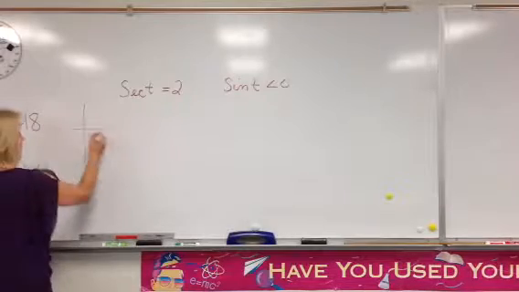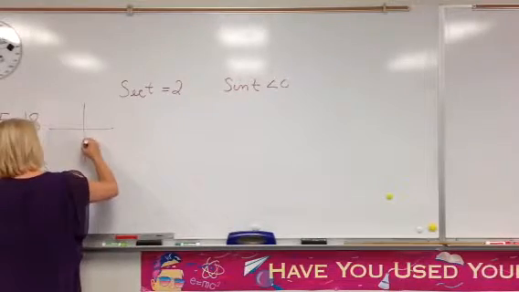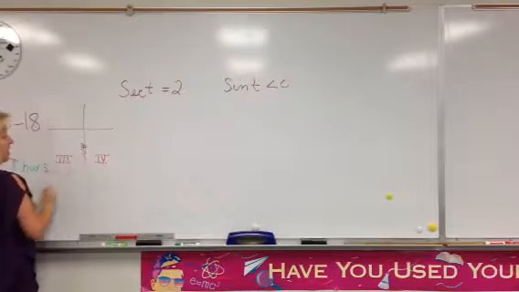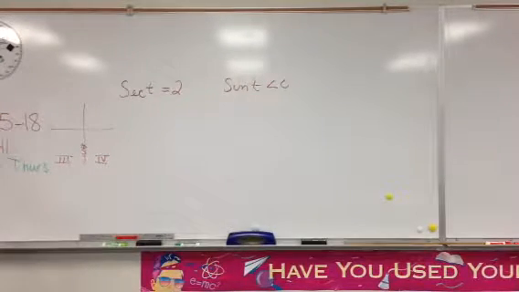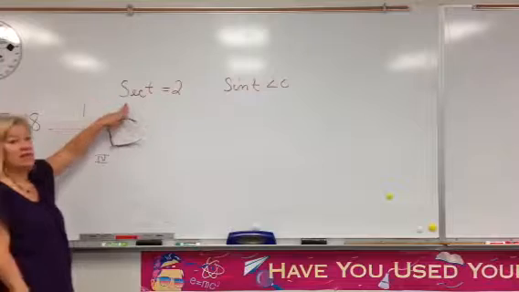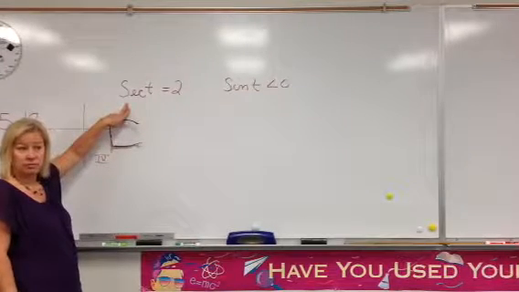Remember that signage down here? Negative. We're either in quadrant 3 or quadrant 4. I do need to narrow it down. How do you think I can narrow it down? See where the x is. Well, what is secant? 1 over,